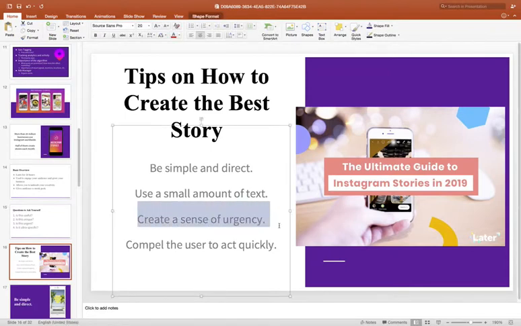And I like this one in particular, creating a sense of urgency, as well as compelling users to act quickly. This is actually nothing new when it comes to advertising by itself, especially with copywriting, because a lot of the great copywriting big ideas or slogans are usually ones that have a sense of urgency or creating need.